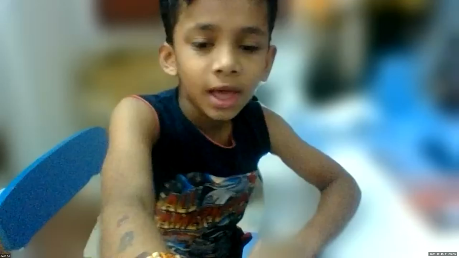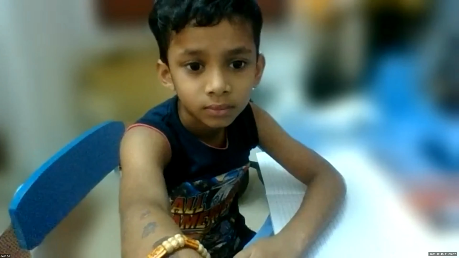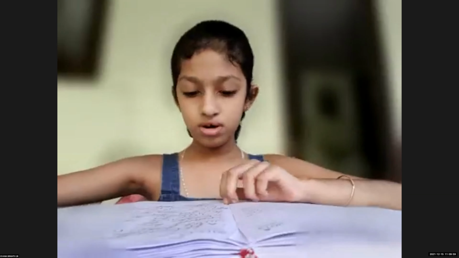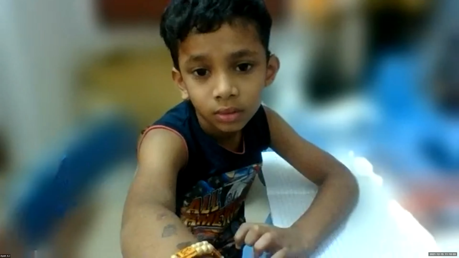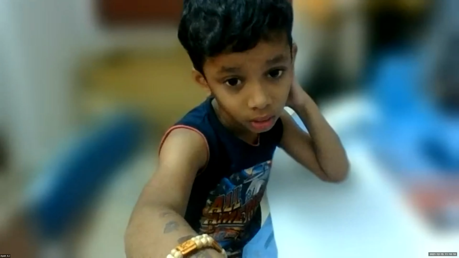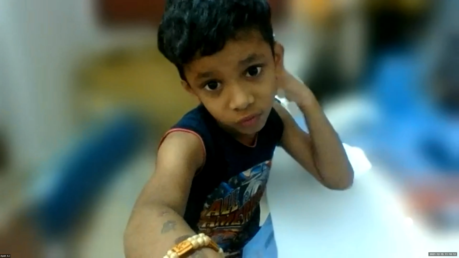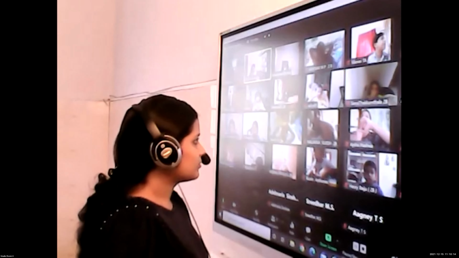Color tools and pick a color tool. Eraser tool, pencil tool.